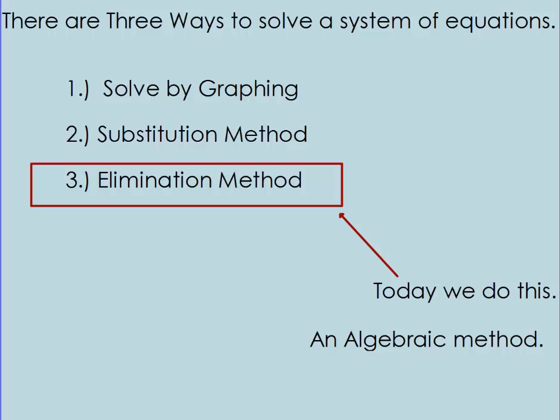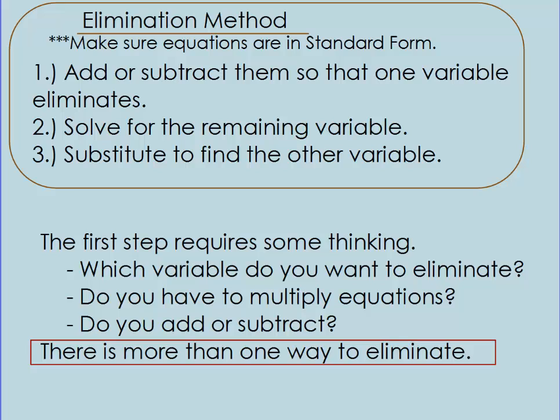Let's begin. Out of the three ways to solve a system, this is the last one we're talking about, the elimination method. We've done the last two in the previous videos. This method is kind of tricky. I see it as three steps: adding or subtracting equations so that one variable eliminates, solve for the remaining variable, then substitute to find the other